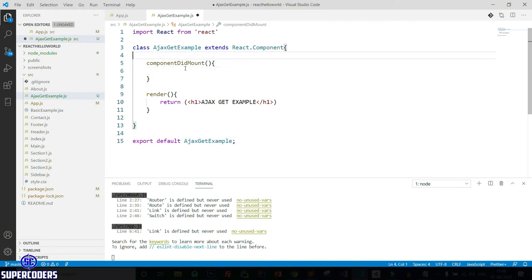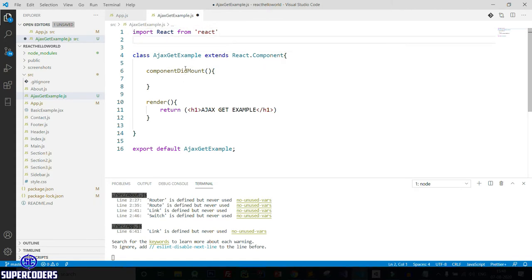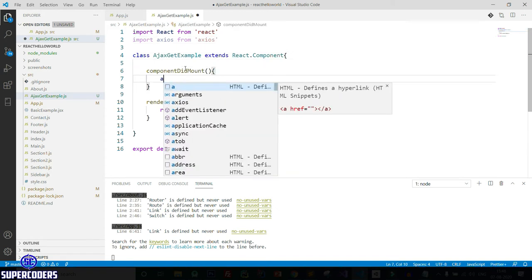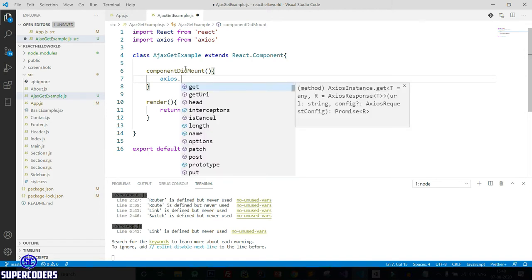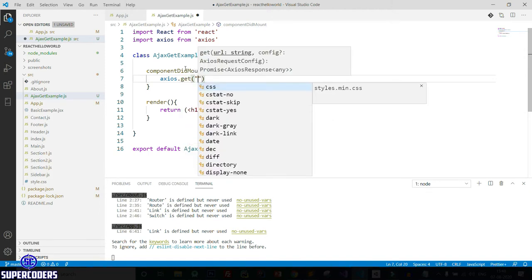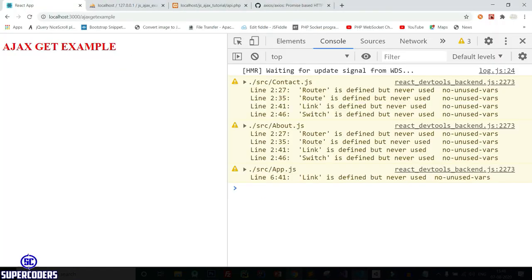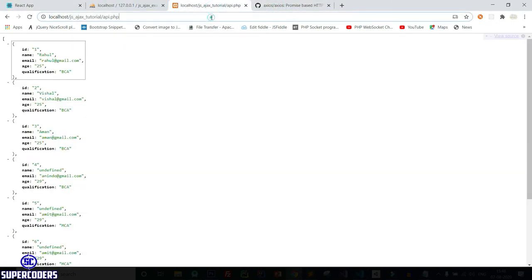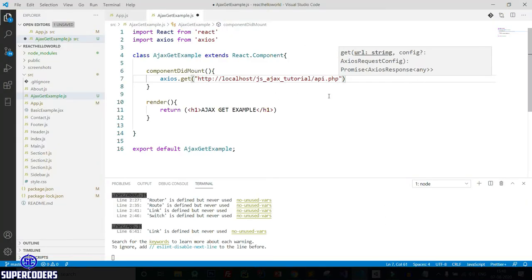So again, first import axios from axios, then axios.get, pass the file name. So the file name is this API URL, pass it here.